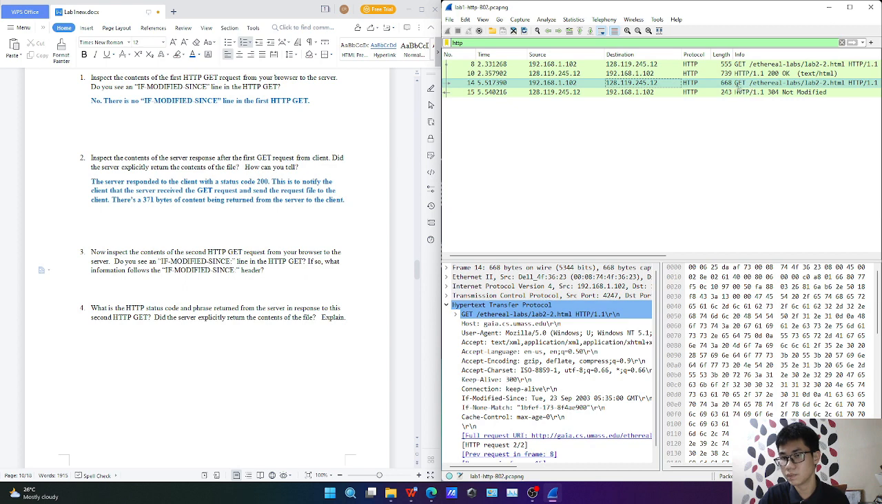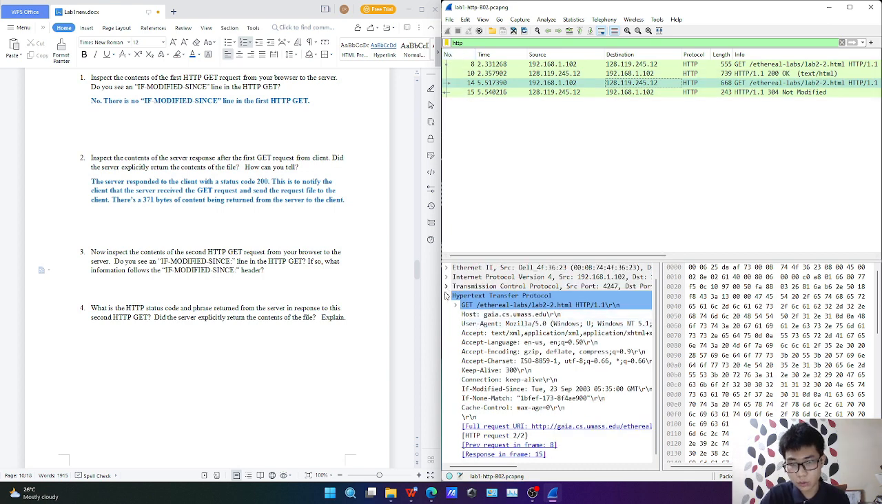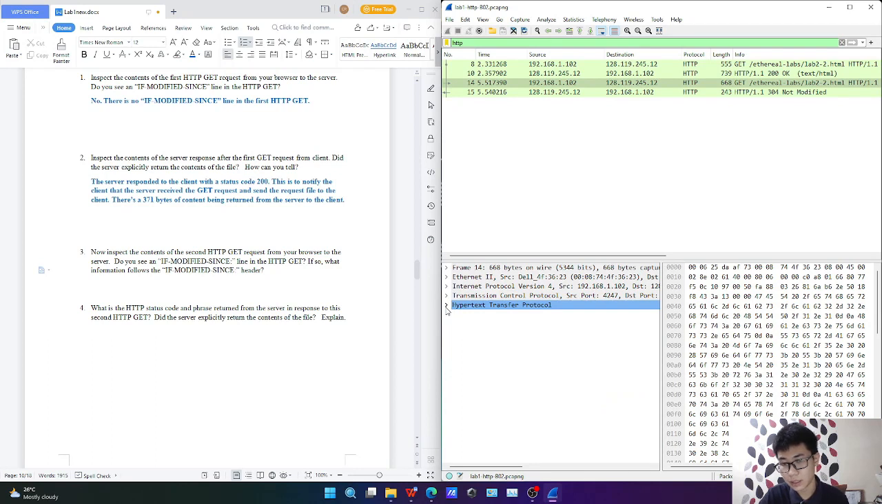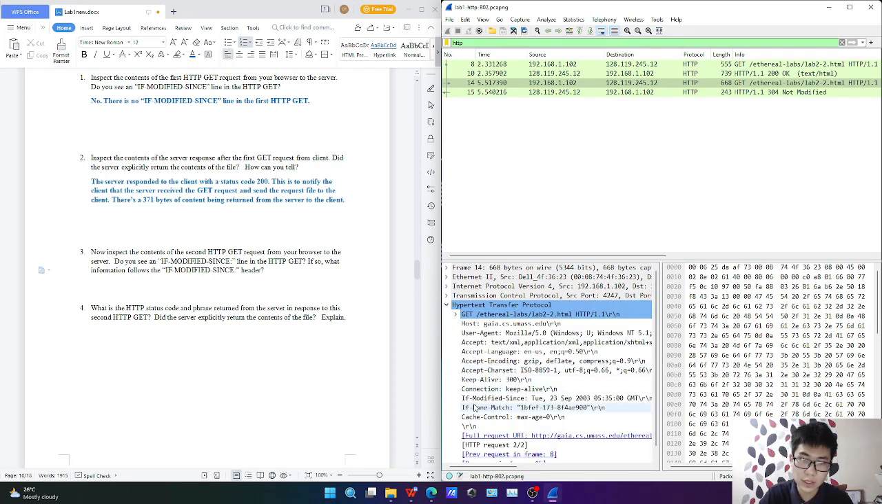As here, there's a GET word in the information column for frame 14, and then scroll down to here. Click this Hypertext Transfer Protocol and then see all the information here, and you will see that there will be an If-Modified-Since header in this frame 14. So in frame 14, to answer it more completely, in frame 14 there is